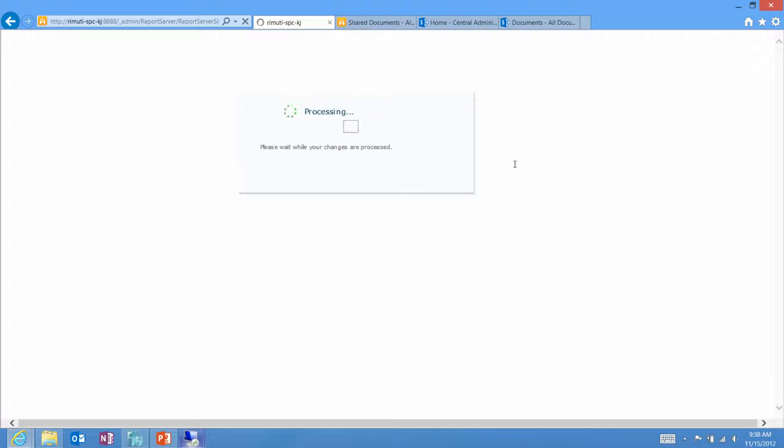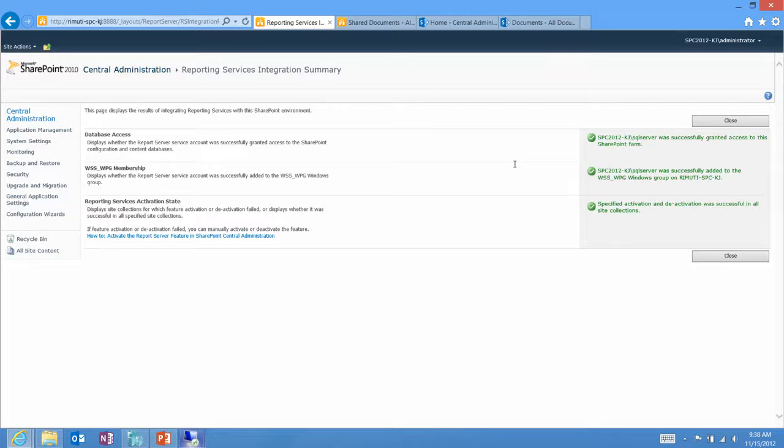SQL clustering, that's a good question. By all means, use SQL clustering for the relational databases. There's not really a concept of clustering for Reporting Services. You do have a scale-out for Reporting Services in Enterprise Edition, but it's not quite the same failover clustering technology. So everything worked. Now we can go back and